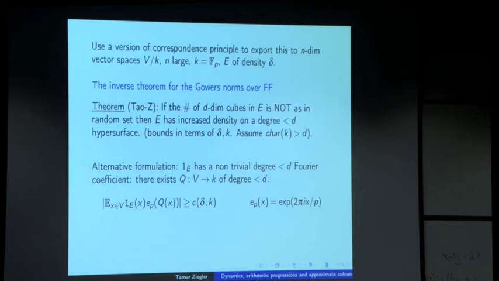So if this were linear, this would just be a regular Fourier coefficient. So this is a degree smaller than d Fourier coefficient, and with some bound depending on the field k and delta. And one of the major questions in additive combinatorics would be to give bounds on this C of delta and k in terms of delta and in terms of the field k. So now the only proof we have goes through this detour through this ergodic theoretic theorem and gives absolutely no bounds,